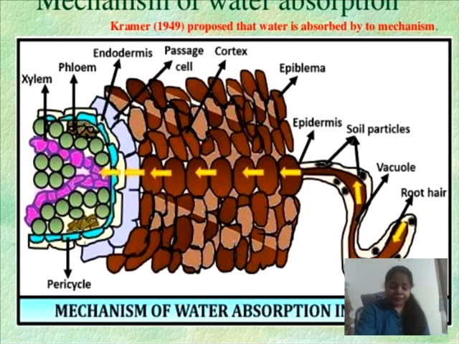Plasmodesmata. These are the living, that is, symplast pathway involving living protoplast continuum. And next comes the third one, through the living cytoplasmic membranes, cytoplasm, and vacuoles of the cortical cells. This pathway involves many physical forces and a lot of resistance. The water moves from one cell to another